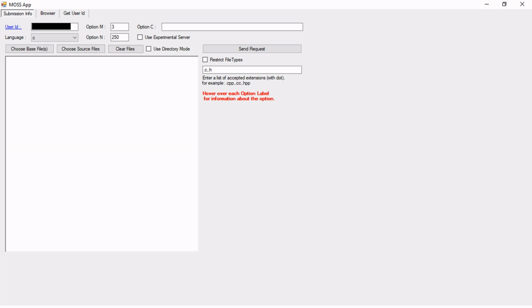Thereafter, in the language section, you have to choose the language type of the submitted code file. You can see, a lot of different programming languages have been listed here. MOS supports these programming languages. The language you choose displays the respective accepted file types. Here, C language has been chosen, and in the accepted file section, it is showing .c or .h